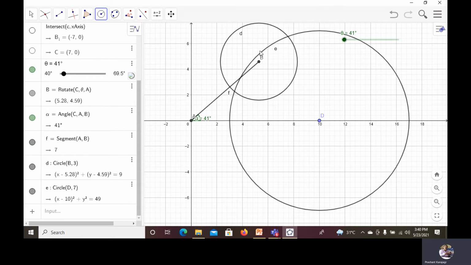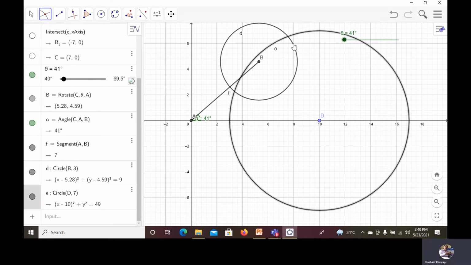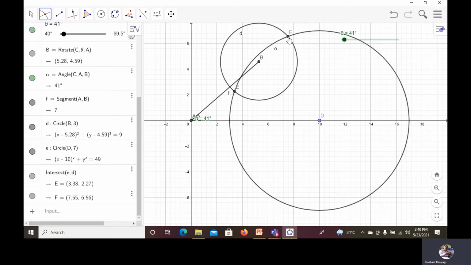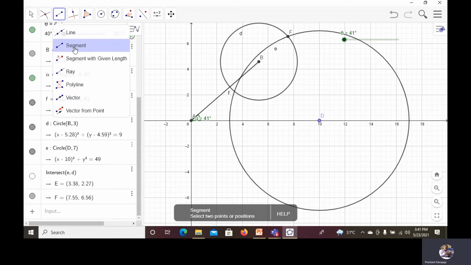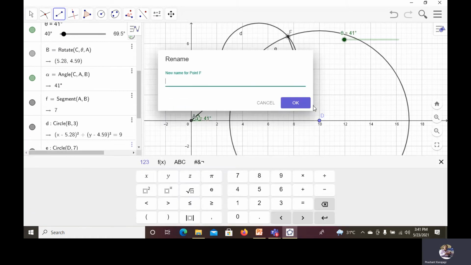Now you mark the intersection of these two circles, selecting both circles. Here you are observing two intersection points, F and E. We are interested in F, so deselect E, and rename that F point as C.